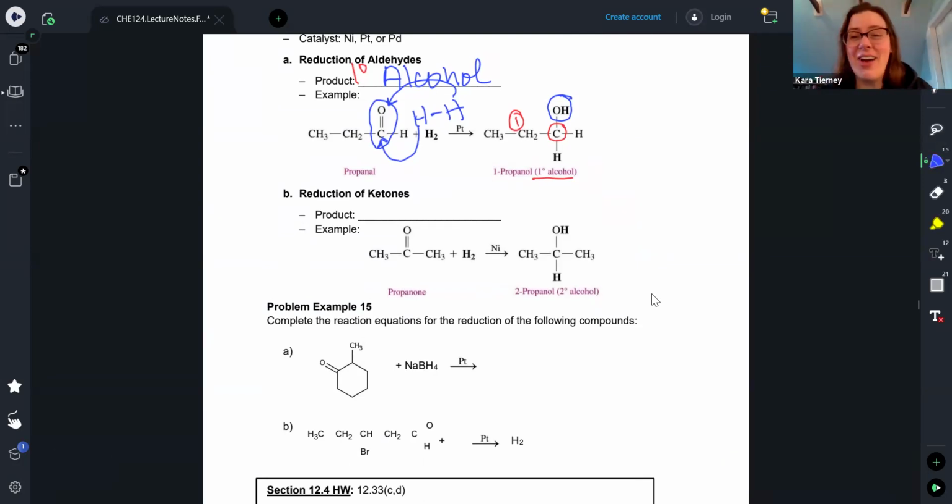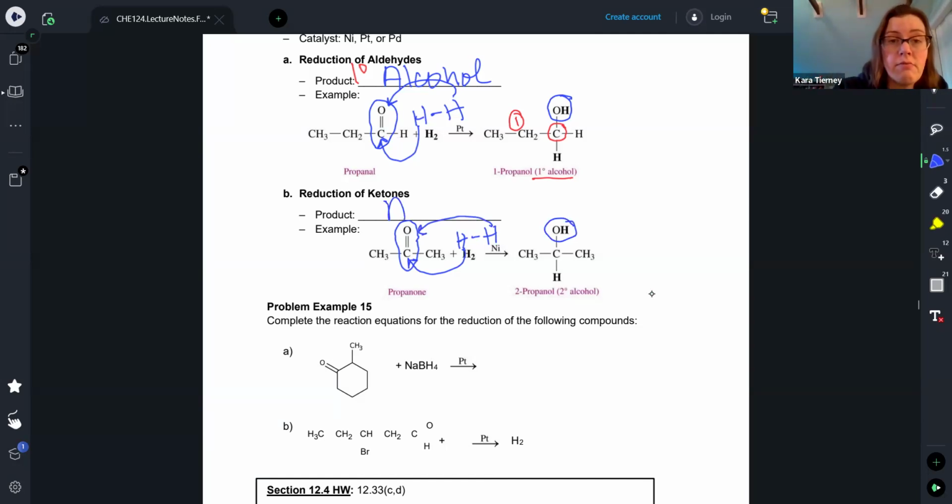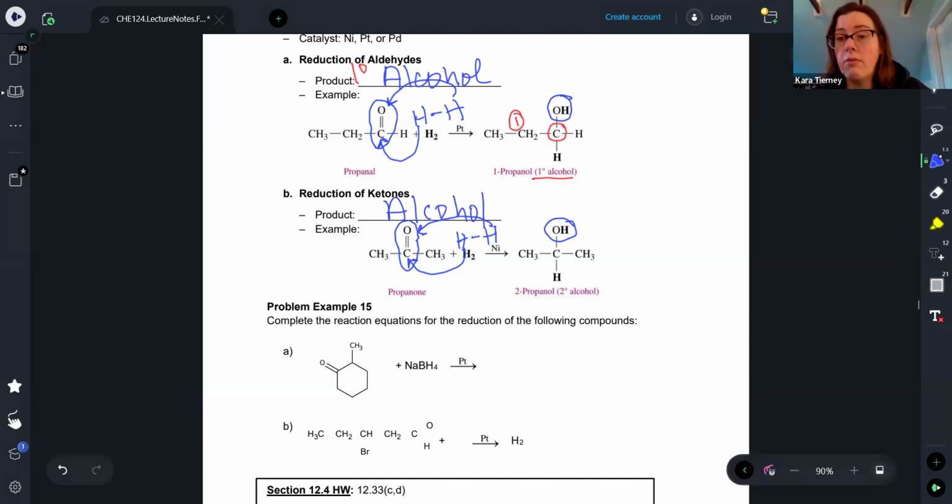Okay, so we've got the ketone in the middle of our propanone. That double bond will open up. Each of the hydrogens will bond to one of the atoms involved in the double bond. One hydrogen will go to the carbon, the other will go to the oxygen, forming our alcohol. What results is an alcohol, and when we categorize that alcohol, we look at